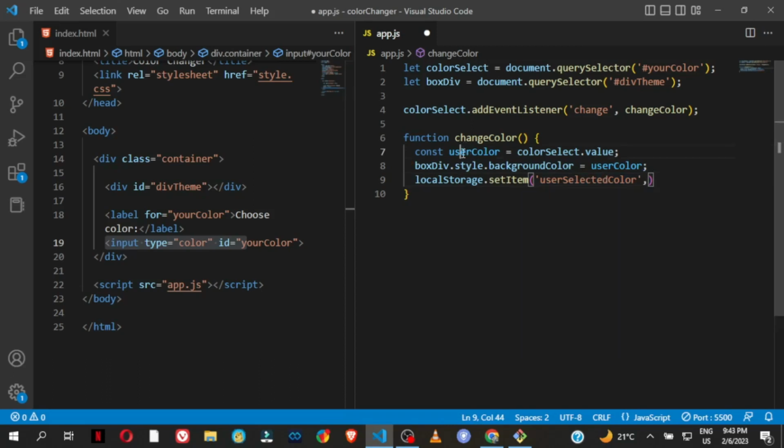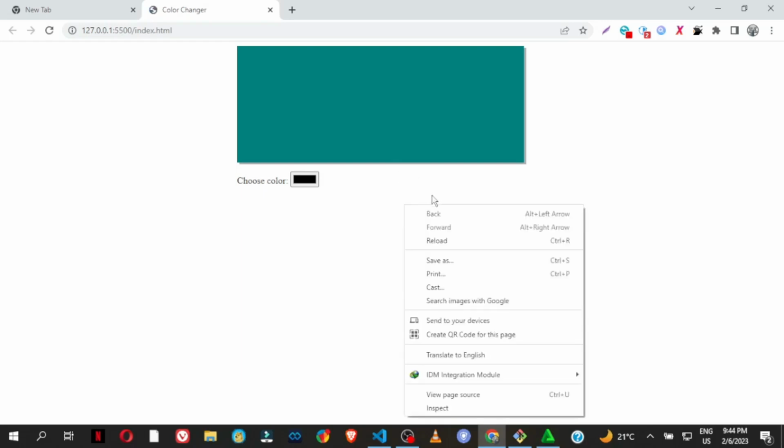Remember, the user is going to be selecting this, so we pass it here. So, sorry, I never copied it. So you pass in the user color. Save this, and let us go back to the browser, and we are going to open the console. So right click on the browser and we say inspect,